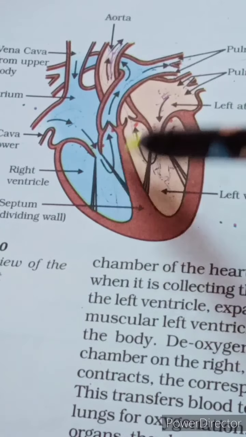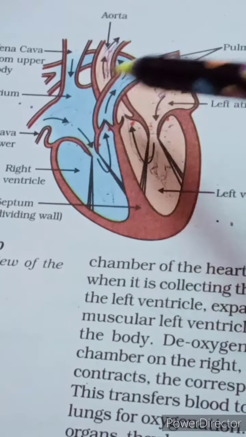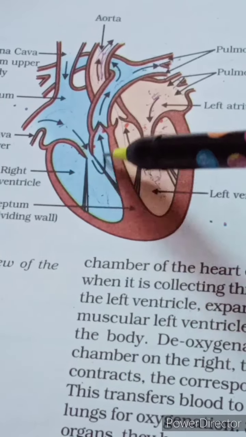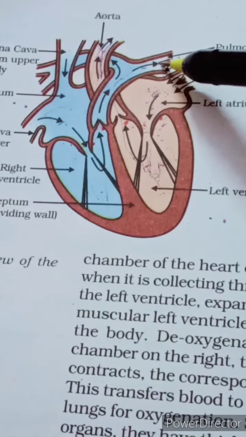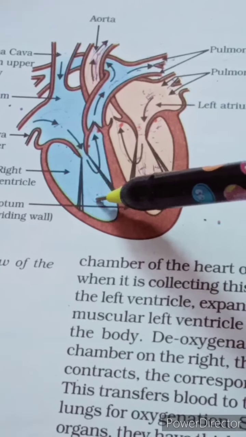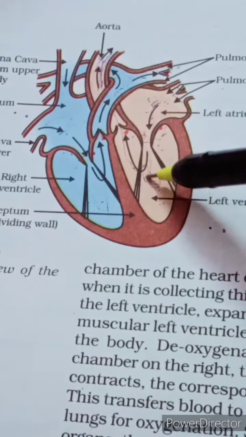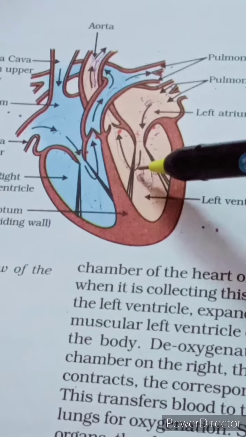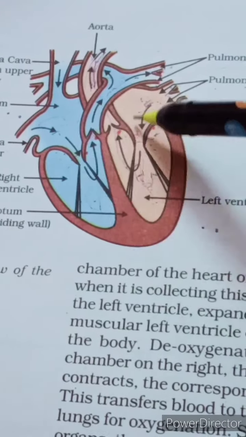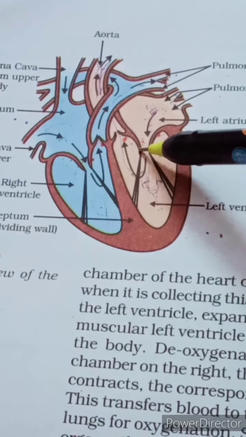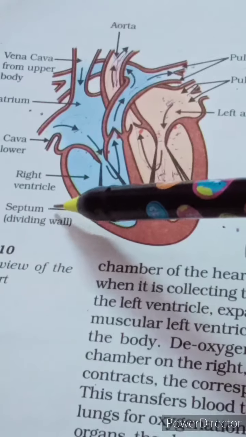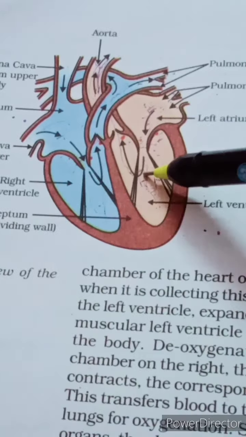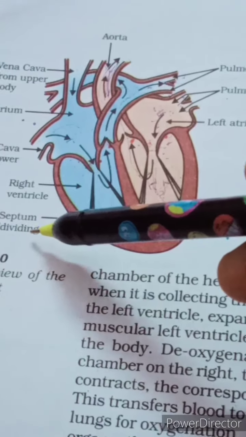So this is the right side and this is the left side. As you know, the diagrammatic view is a mirror image of your body. This is the right hand side, which is composed of deoxygenated blood. That is why the color difference is shown here, blue color. And the left side is completely composed of oxygenated blood. That is why it is showing red color. So the intermixing of blood should not take place. That means it is well protected by the wall called the septum. All four chambers, auricles and ventricles, are completely divided by the wall called the septum.